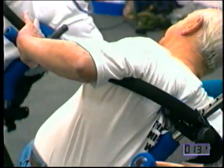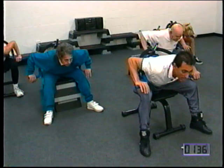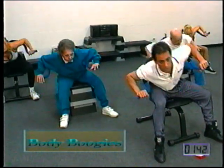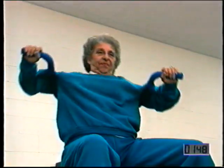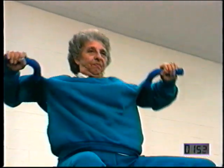Okay, let's move all the way forward. Let's stop with our chest as close to our knees as we can. And now we're going to do body boogies. So we're going to do a circle, as wide a range of motion as you possibly can with the torso. You're not letting the chest or shoulders fall and do the work. You're actually rotating from the midsection. You're not pulling with the arms or the shoulders. You're just pivoting, again, right from the midsection. Nice and easy rotation,